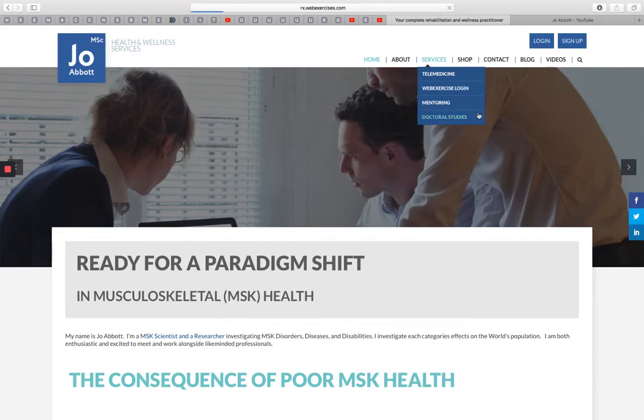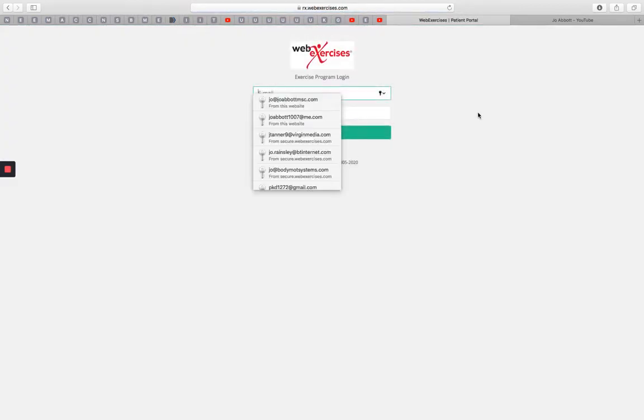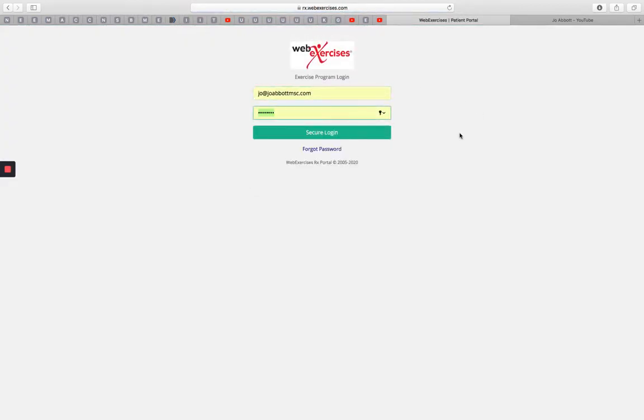So from my homepage, you go into Services, click on Services, and you will see Webexercise Login. Click that button. You'll then get pushed through to another page. Now, from this page,